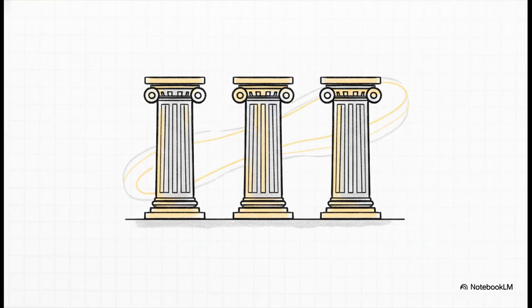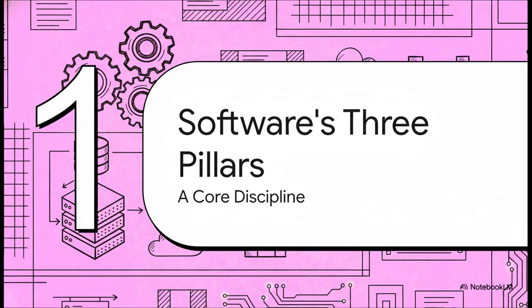And that master blueprint, it's built on just three core ideas. Three distinct pillars that work together in perfect harmony to make everything happen. Now, this idea of separating things into layers isn't just a style or a trend. It's a core engineering discipline. It's the architectural blueprint that lets an app grow from a tiny project into a global phenomenon without completely collapsing